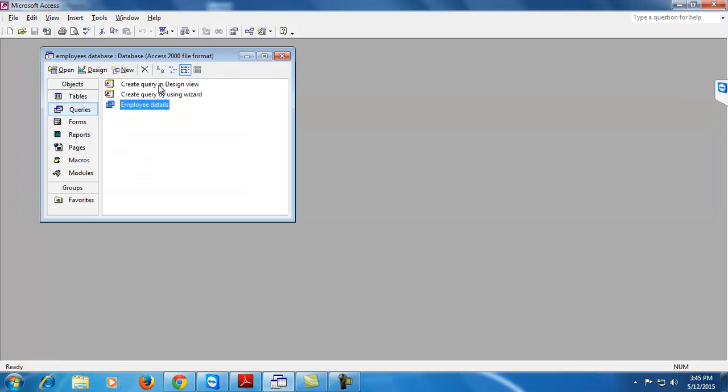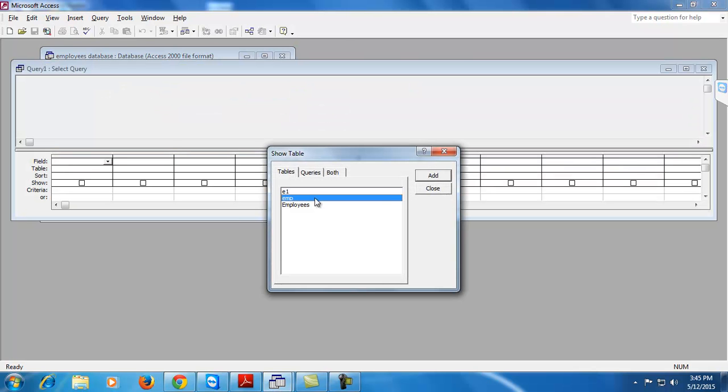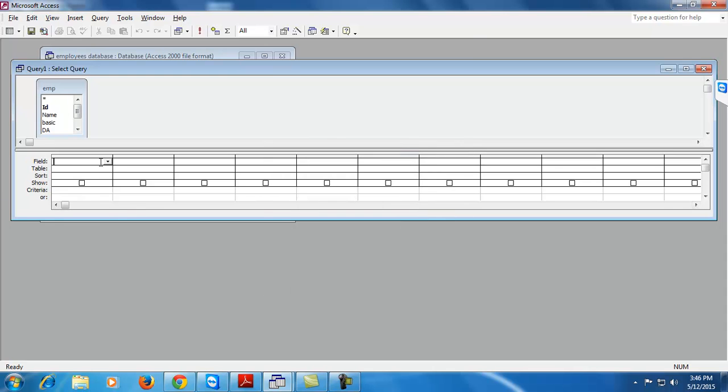This is the result of your query, which displays only the ID, name and address fields selected by the user. The second option is to create a query in design view, in which you have to select the table on which you want to pass the query. Then select the fields you want to display, EMP star and EMP.